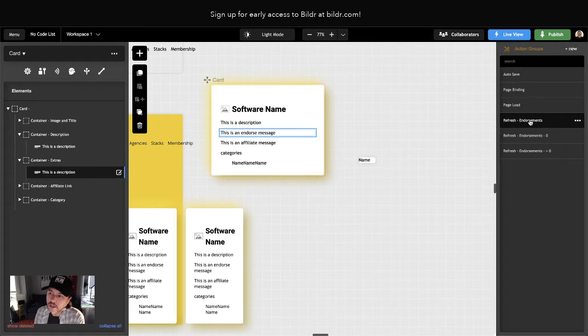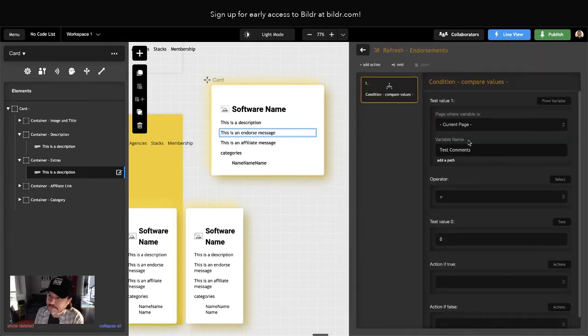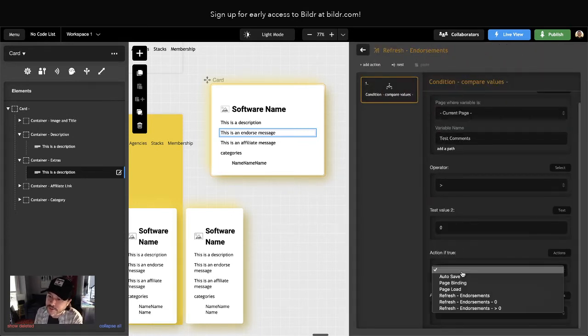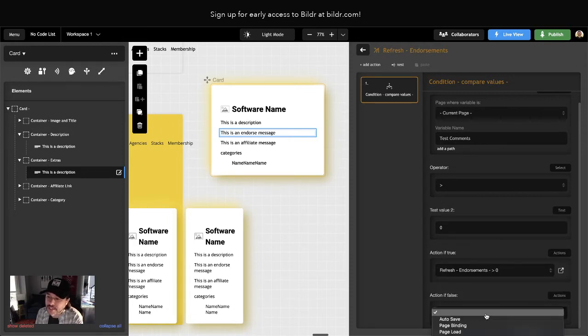again, just so I know that refresh endorsements is running one of two actions, and I use the same name and then a dash. So no big deal, personal preference. But anyway, refresh endorsements. If test comments is greater than 0, I'm gonna run refresh endorsements greater than 0. If test comments is, well, equals 0 or less than 0, it's never negative, then I do refresh endorsements 0. And so right now this would all work. It would run that condition and it would trigger these actions, but the actions have nothing